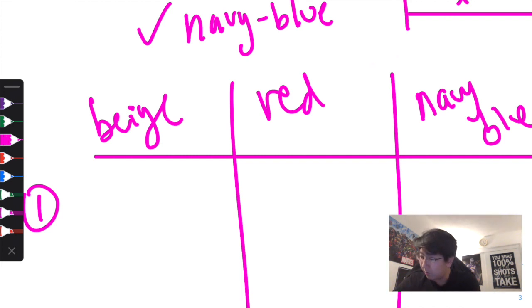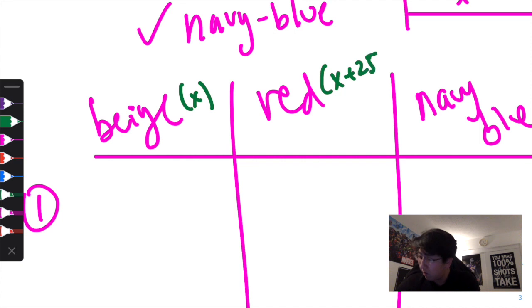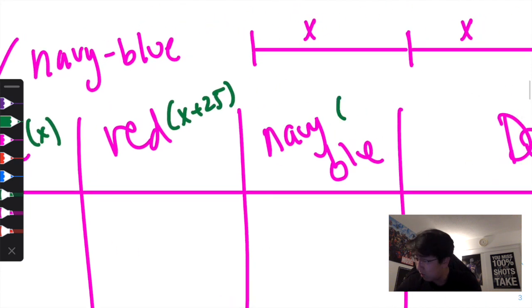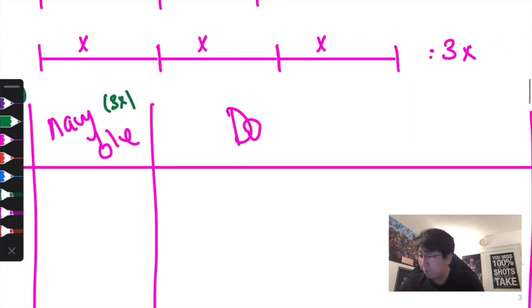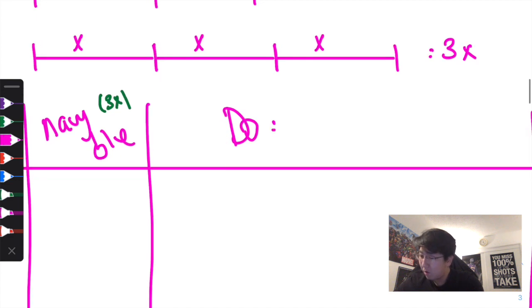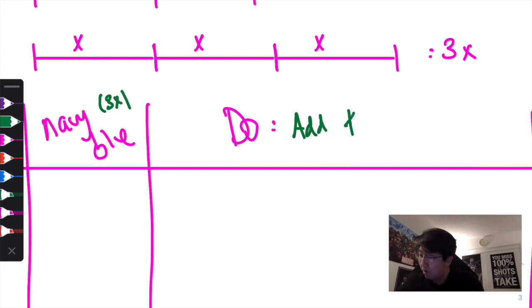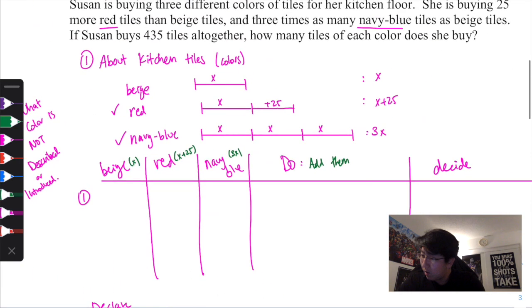Let's do a different color. X plus 25, and 3x. And so what are we going to do with all these, right? We're going to add them. I'm going to add them. And when we add them,